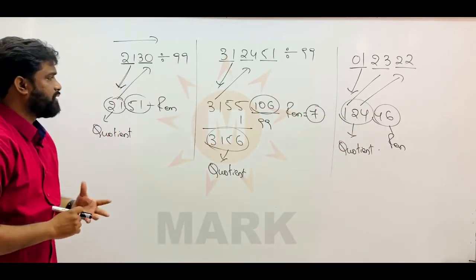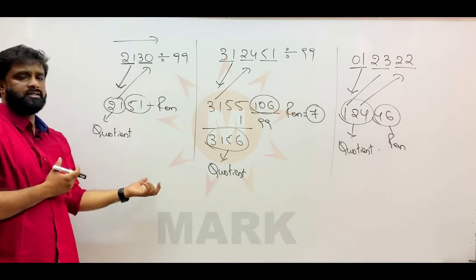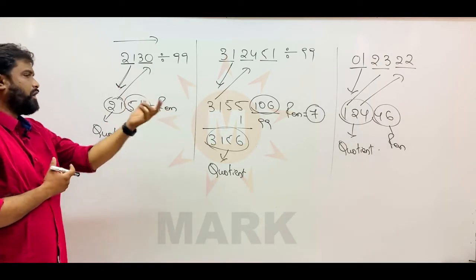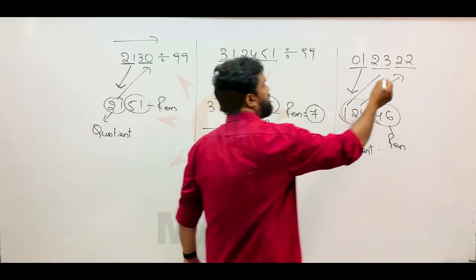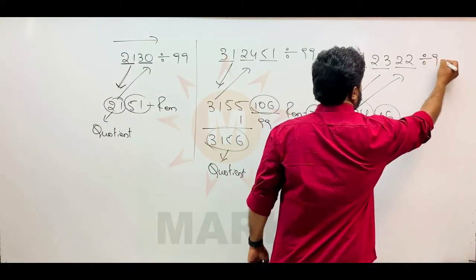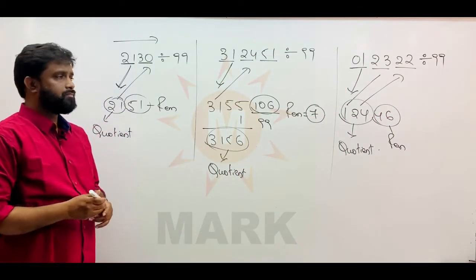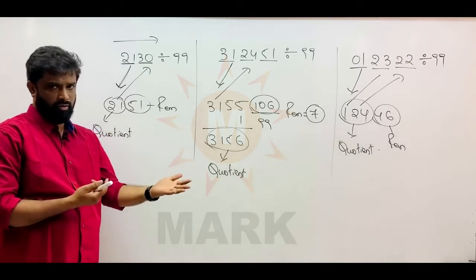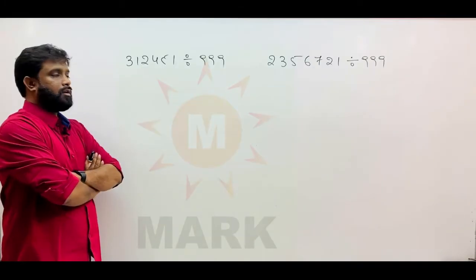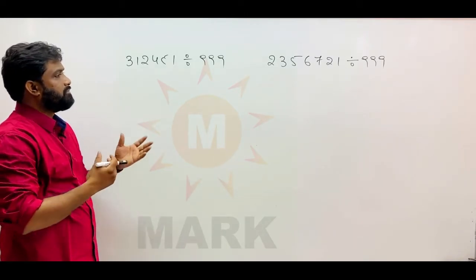So everywhere we covered when carry forwards are there, when carry forwards are not there, when even number digits are there, when odd number digits are there, all the 3 examples we have written. This is how we divide any given natural number by 99 in a quicker way and get the quotient and remainder in an easy way, right? Now we will extend this topic to 999. Same, on a 3-digit mode we will go now. I hope you understood. Now friends, as I said, I am going to extend this topic to dividing by 999 also.